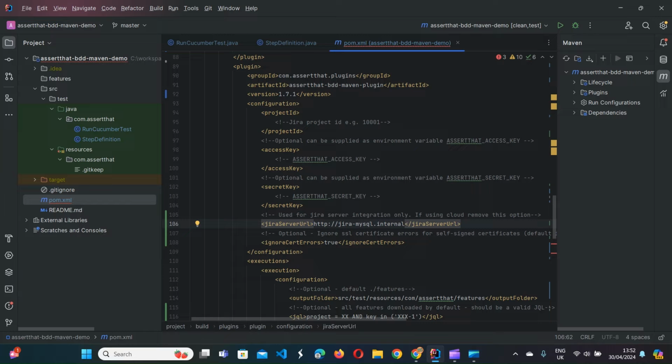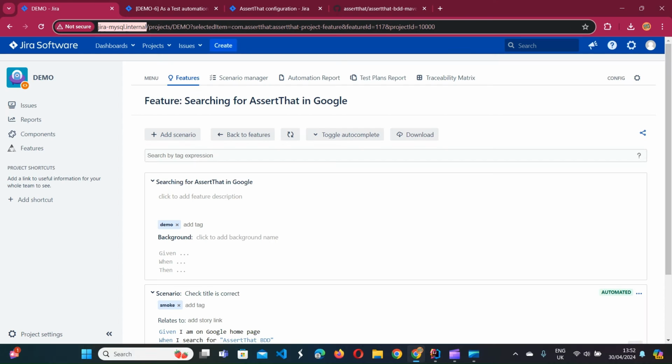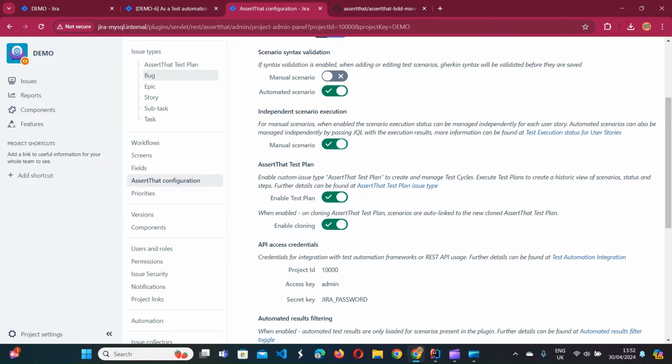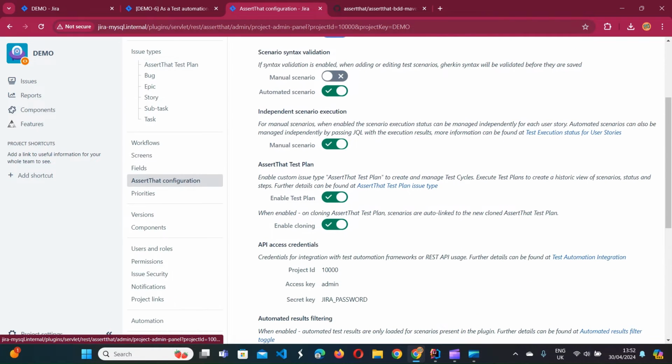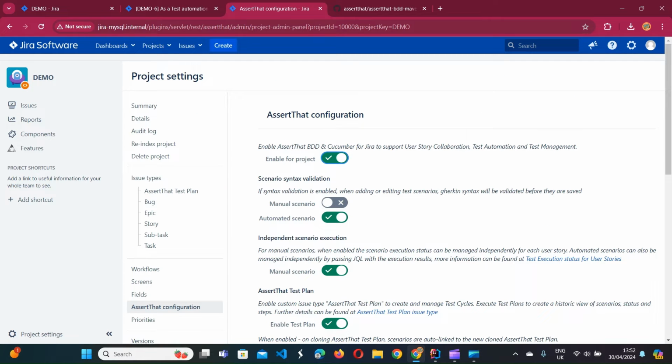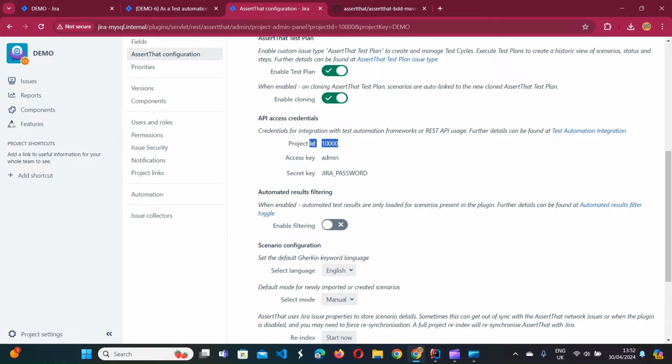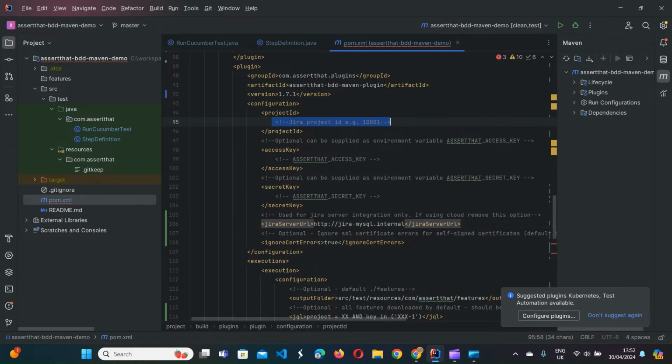Also, we need project ID, access key, and secret key, and those can be taken from the project configuration page. So we navigate into the project settings, and then we go to assert configuration subsection. Once the plugin is enabled, we can get the project ID from here. Again, copy it there.